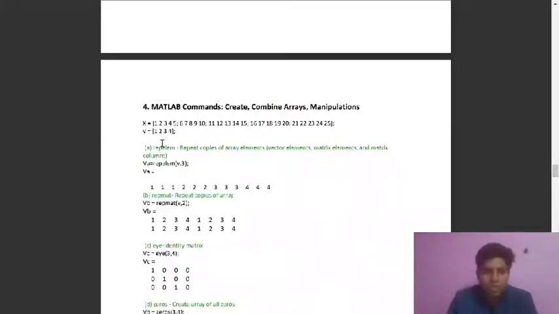As you can see, this was the first 1 2 3 4, then each has 3 copies. So this will resize our vector v to 3 times its initial size. Okay, so as you can see 1 1 1 2 2 2 3 3 3, all 3 times as compared to v.